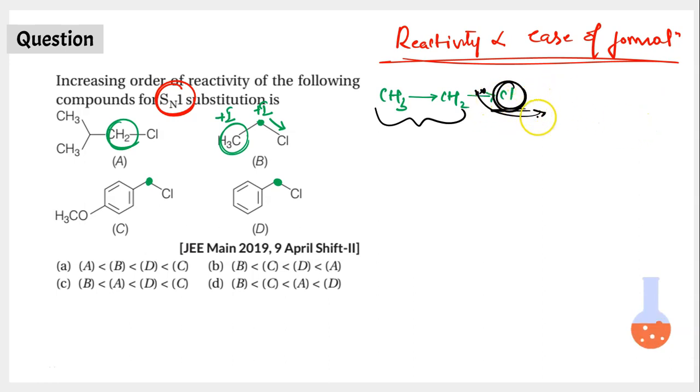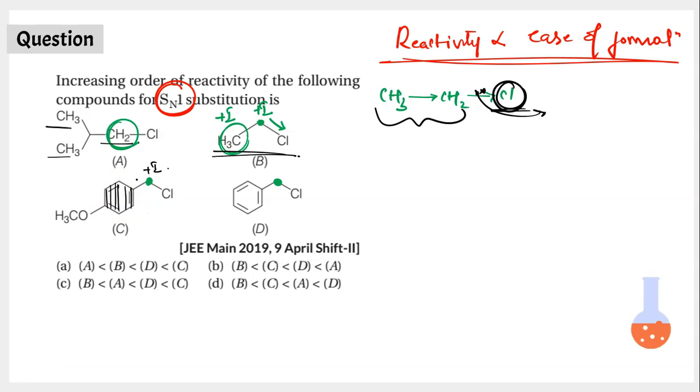So this breaking away is due to polarity, in simple language. And in the second molecule, which is B, because you have plus I effect, chlorine is stable. It stays and it doesn't break away. And when you look at the first molecule, even in the case of the first molecule, you have got plus I effect, right? And look at the third molecule. In the case of the third molecule, you have a plus I group here, but unfortunately you have got a benzene.